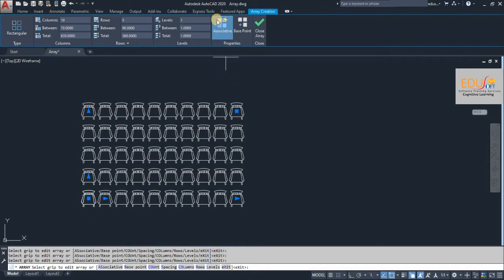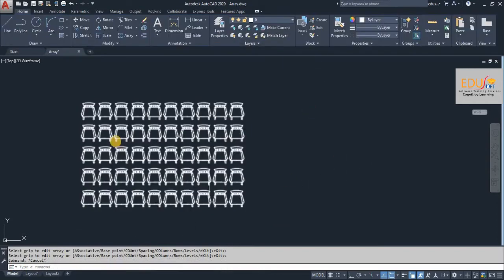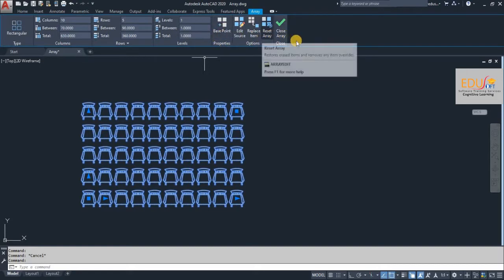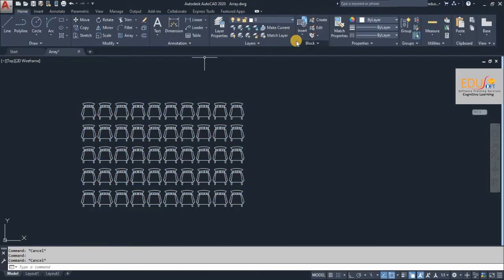Now all the dimensioning for the array is completed. We will close the array. You can see our objects as a single object. If you select your object, the array option again comes over here. So you can change your rows and columns again if you want, but here you cannot see the option associative again. Clear? So let us make another array.